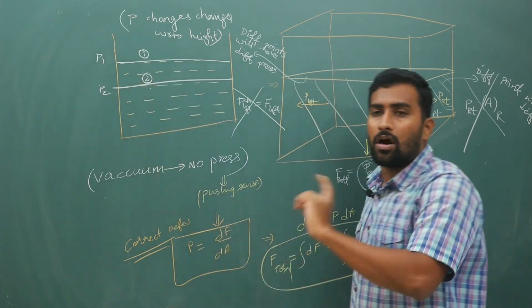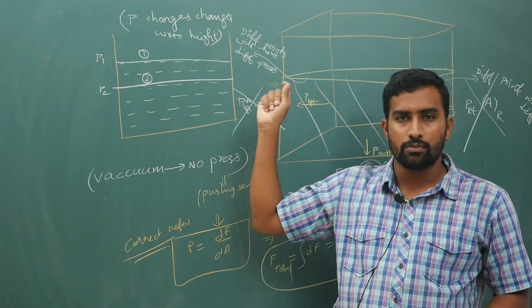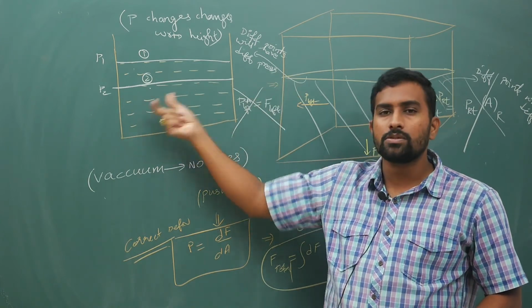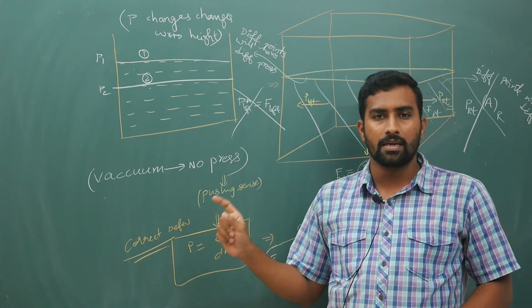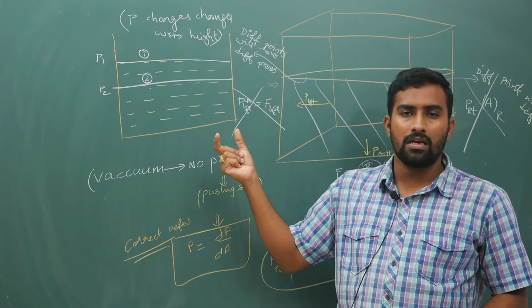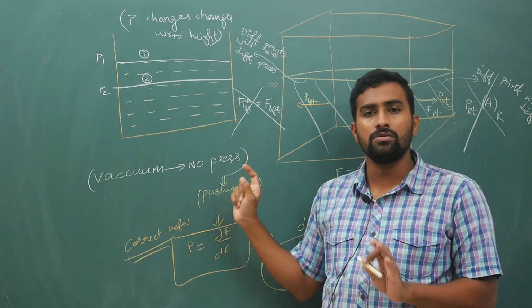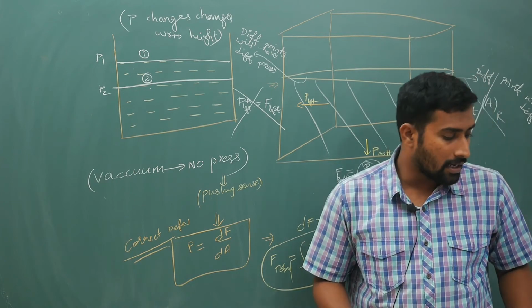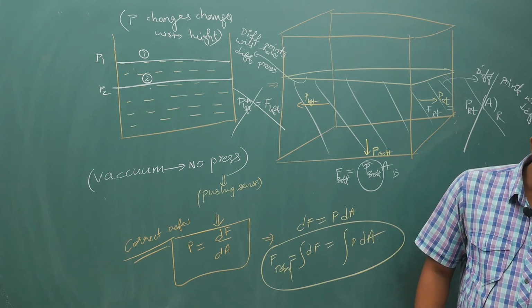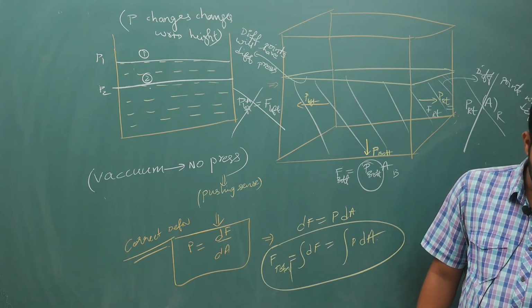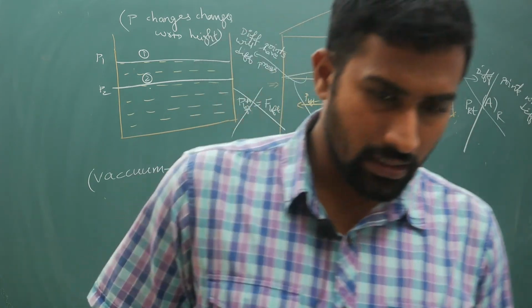And in the horizontal direction also there is a possibility of pressure changing, provided this container moves. If this container is moving in the horizontal direction there will also be pressure changes, but I will come to that part separately for liquids moving in containers. For now just keep these ideas in mind. Now let us consider a static container, and let us try to do some basic calculations related to this.